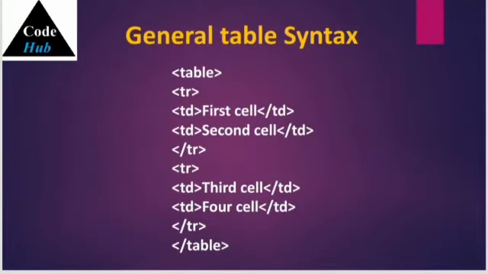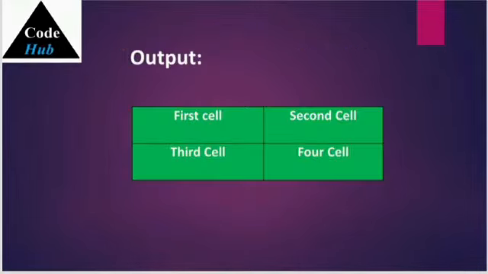Let's move to the program. Include the mandatory tags HTML, head, body, which I haven't included. Now let's move on to the table tag. Include the row and the data contained in the table. Now close the table tag. Let's check the output. We can see a table which has equal number of rows and columns including table data.